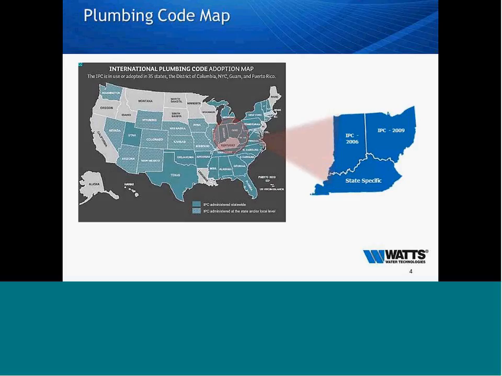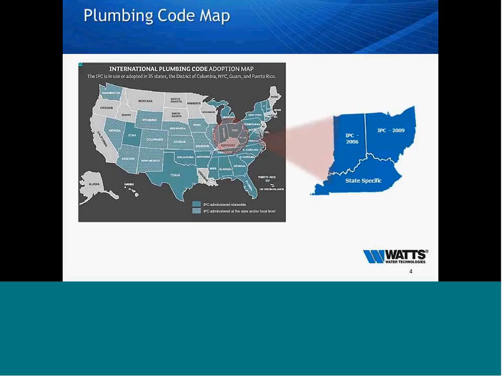Again, looking at the ICC website and the plumbing code map, which this is for the IPC for the states here in the tri-state area, I was just checking that out before I came out. It looks like the IPC 2006 version is pretty much adopted in Indiana, 2009 in Ohio, and in Kentucky there are some state-specific codes. But these all reference, for various applications, ASSE certified 1016, 1017, and 1070 devices,